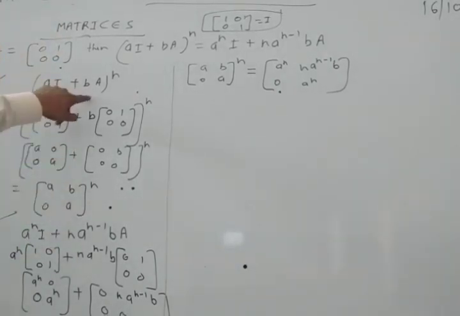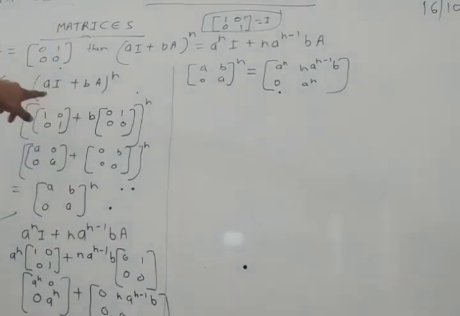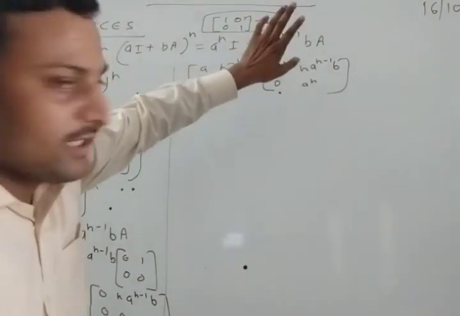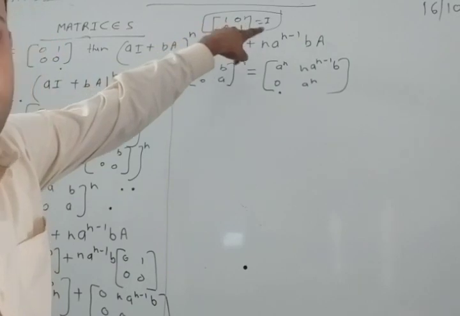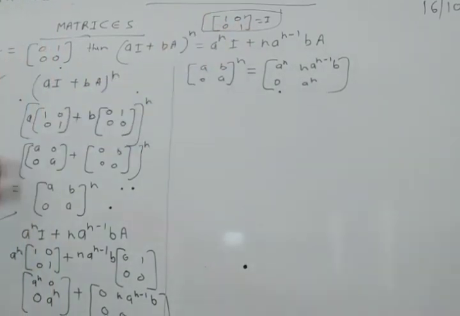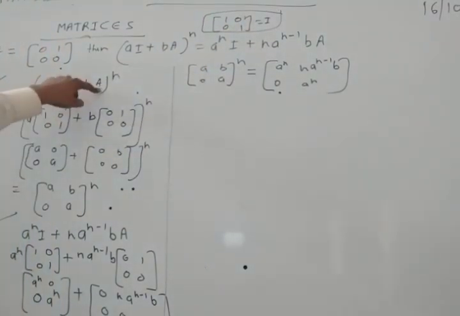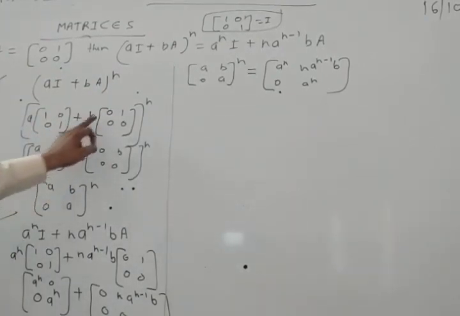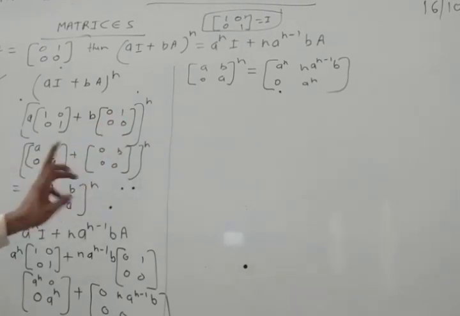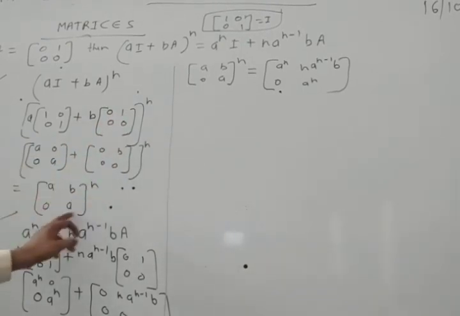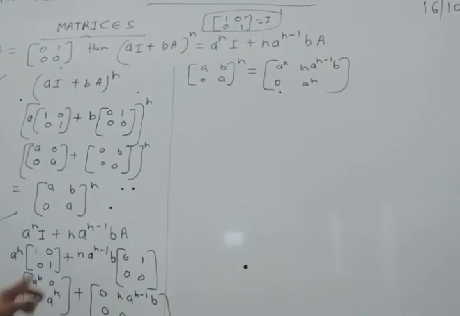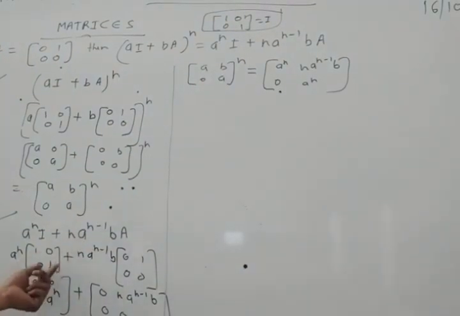So first I am going to revise what I have done. First A is given and we have to show that this is equal to this, and given an identity matrix of order 2. So let's put the value of I and put the value of A. After multiplication we get A 0 0 A and B 0 0 B. Now add both terms: A B 0 A to the power n. This is left hand side. What is right hand side? Right hand side is this. So take this term and put the value of identity and A again.